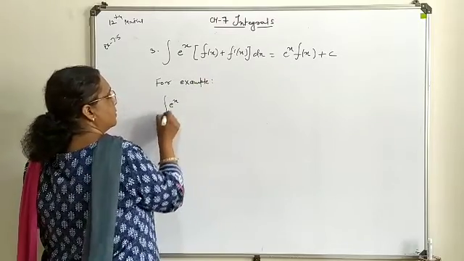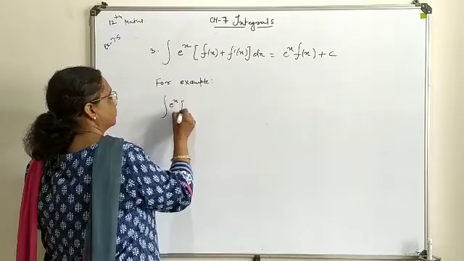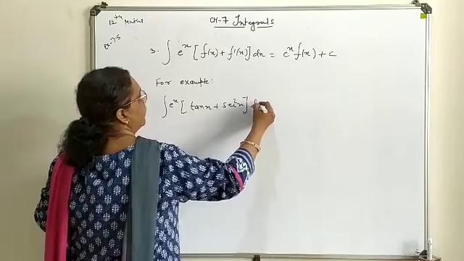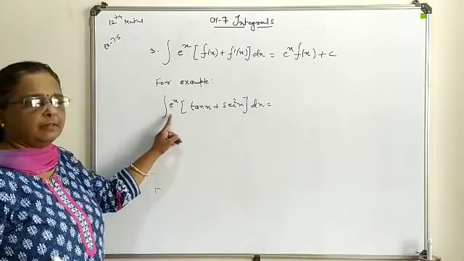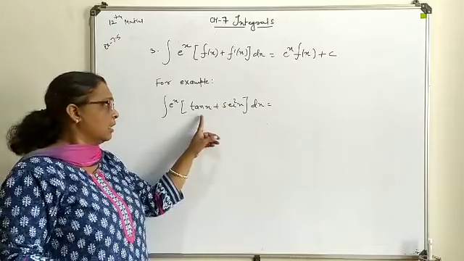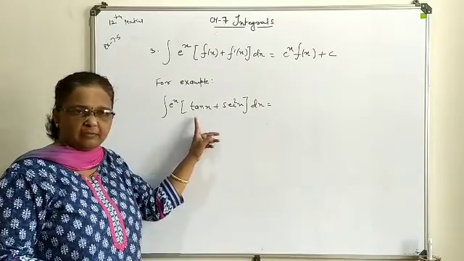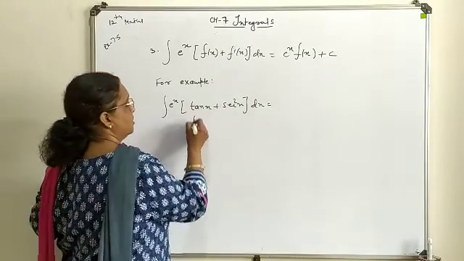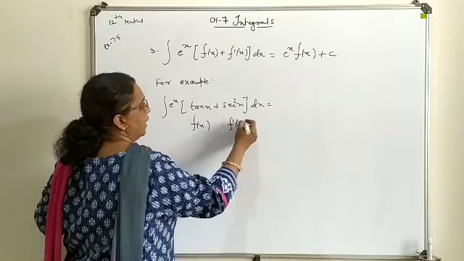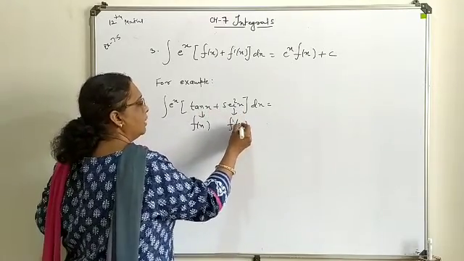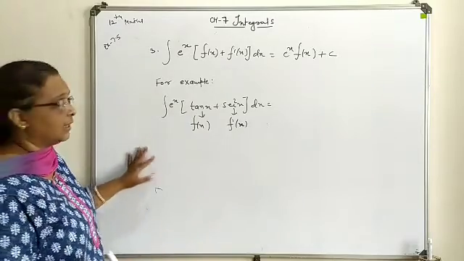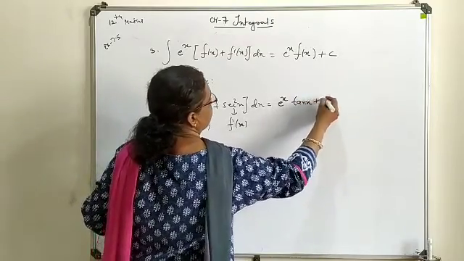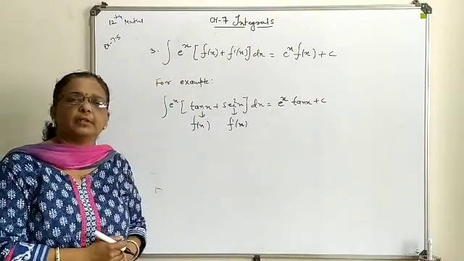This is your e power x. Same thing we write here. Many combinations we will have during the solution. So it is e power x into tan x plus sec square x. Here this tan x you can obviously consider as the main function, whereas sec square x is the derivative of the main function. This is f(x) and this is f dash x. Now you can implement the theorem form, meaning after writing the integration, it will turn out as e power x tan x. So this way, this theorem or this formula you can implement.